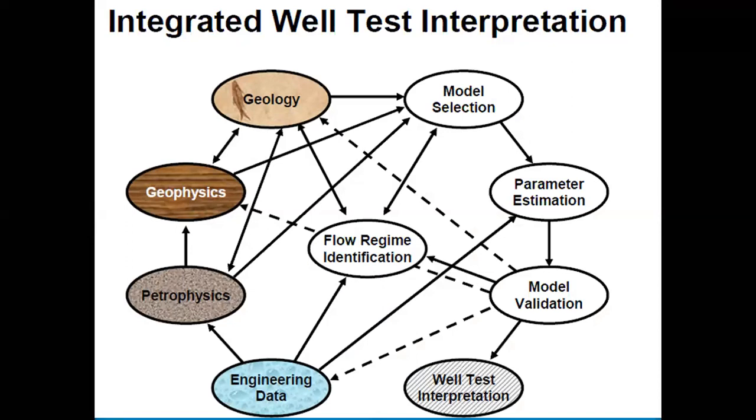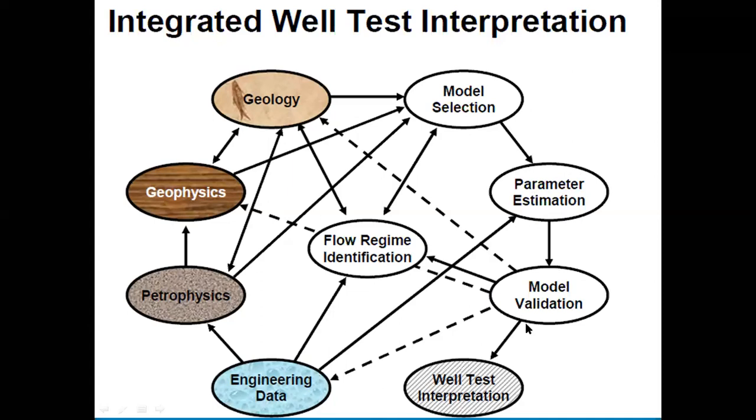flow you may have. And being a geologist or an engineer working in the field, you should understand, if I do hydrofracturing, what sort of flow may occur there? If it is a carbonate reservoir with vuggy porosity, what sort of flows would be there? If it is a very systematic pattern of fracture, then what sort of flow is there? We'll discuss afterwards. Once you identify your flow, then you do the model selection. Then you estimate your parameters. If your parameters are not matching, you change your model, which is model validation.